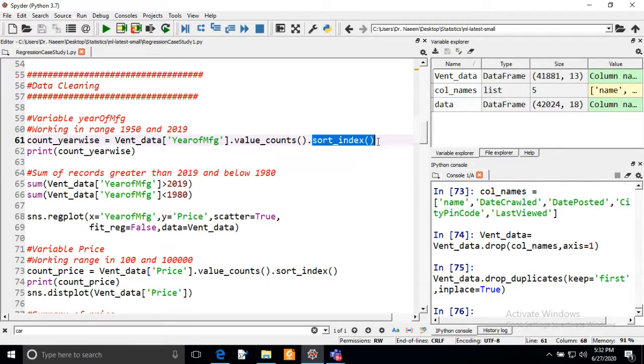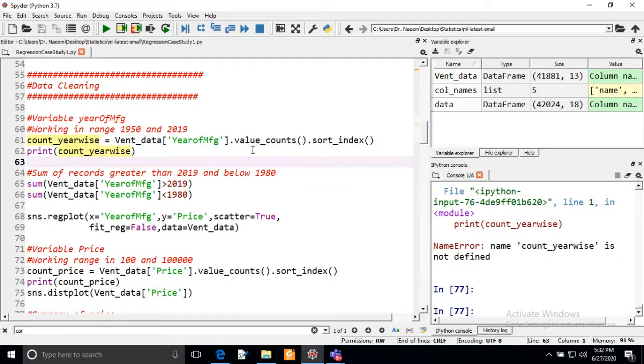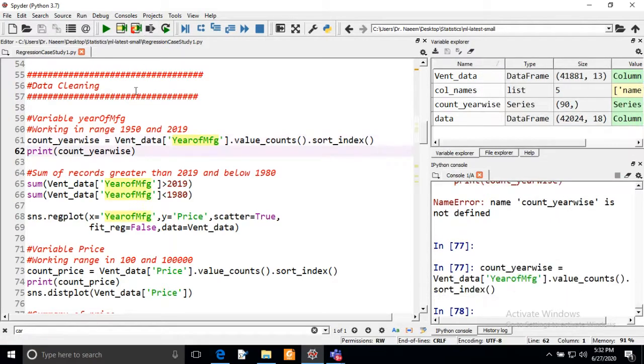So in this array we will have all the information in a sorted order. Now I'm going to execute, and you can also execute this print command of count year. Oh, sorry. Now I'm going to execute the print command.